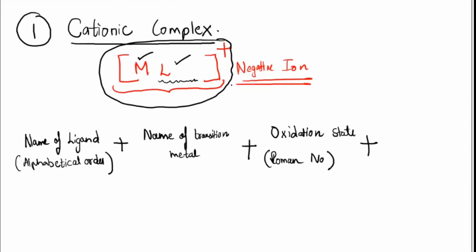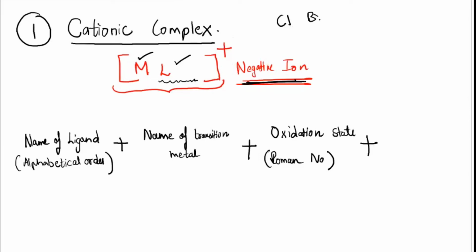Then you will be left with the outside negative ion. So then you have to come to that negative ion part. Imagine if you have Cl present, then Cl is a negative ion there. The Cl name is chloride, so you should write that chloride name at the end. Suppose instead of Cl, you have Br, then it should be named bromide. That negative ion name should be written afterwards, the name of the simple anion, written as it is.